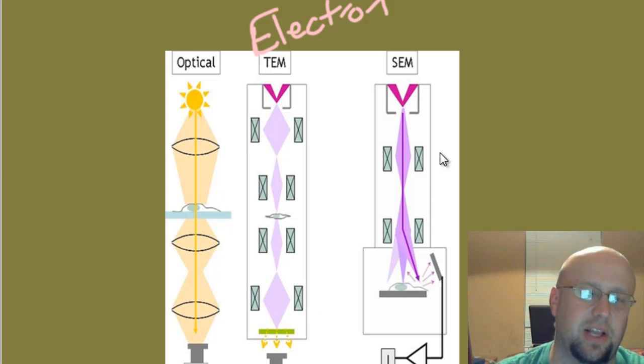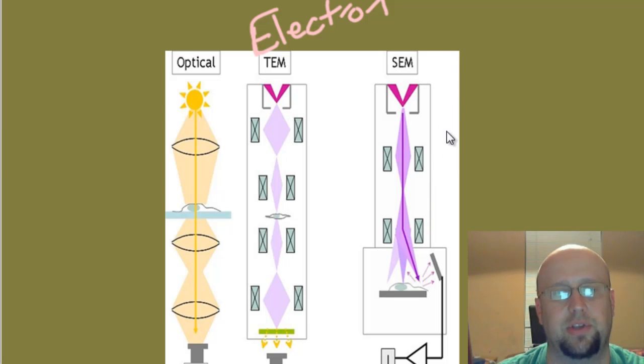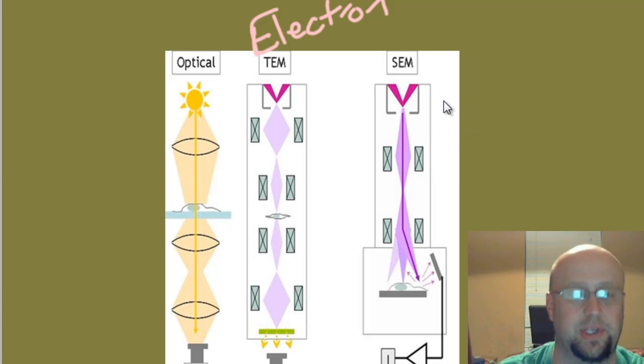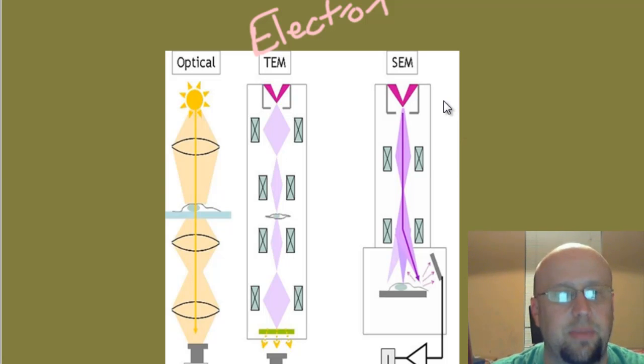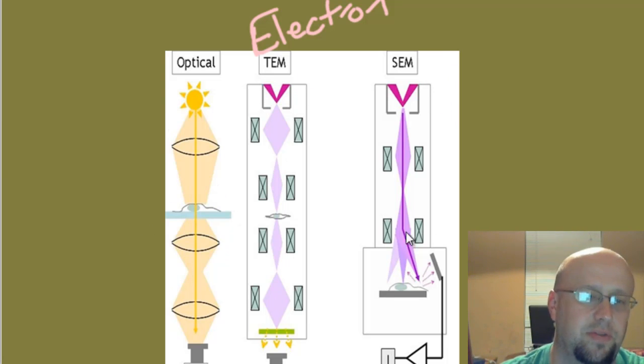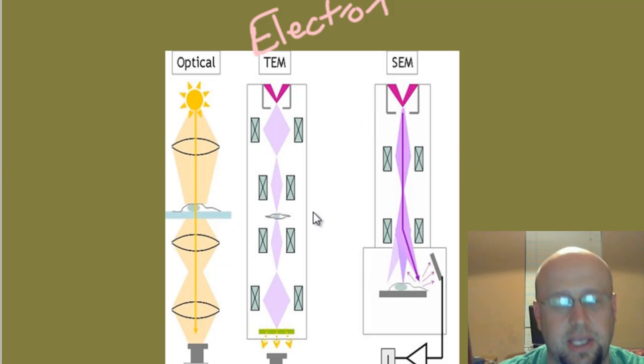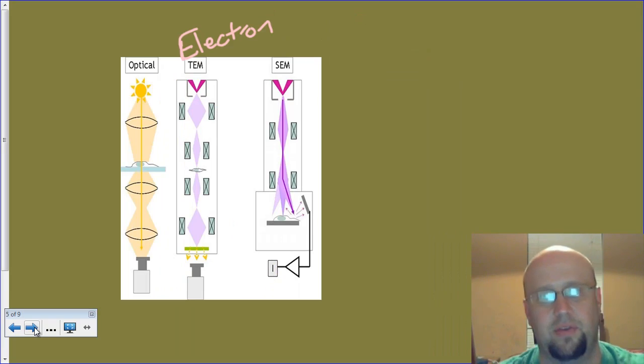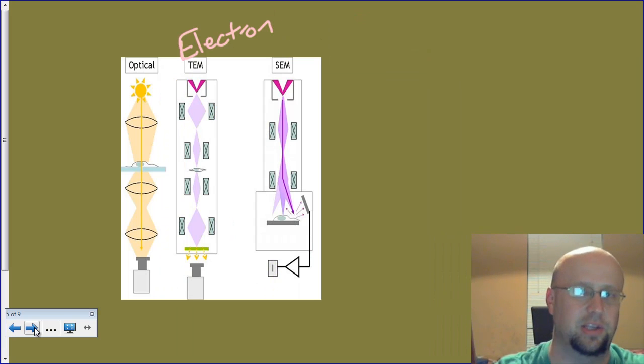And the scanning electron microscope is pretty cool in science terms, because this is where they're actually able to pinpoint individual atoms for the first time. So that's pretty cool. Obviously, most of the time we're going to use optical, and the big advantage here is that with optical, you can actually view living things. With transmission and scanning electron microscopes, the things that you're viewing have to be dead, and they have to be basically set up and cut into these really thin slices